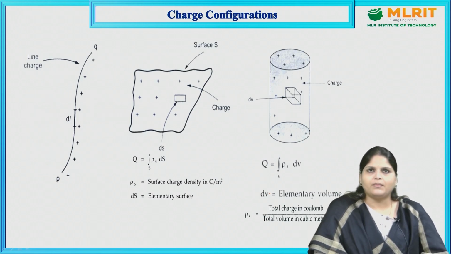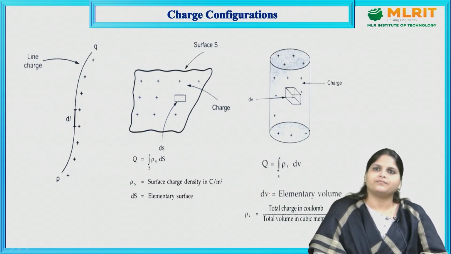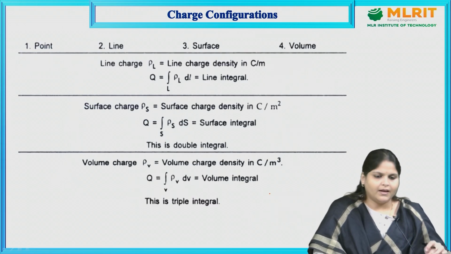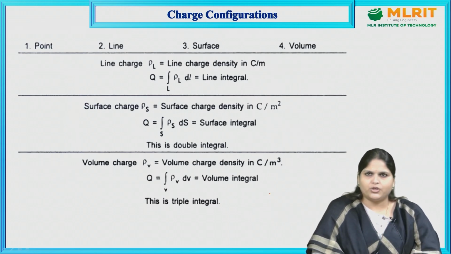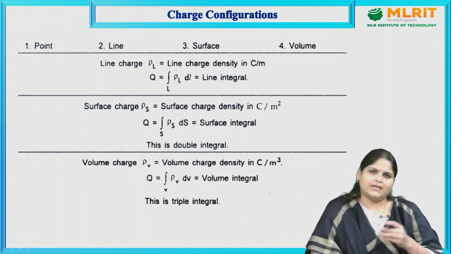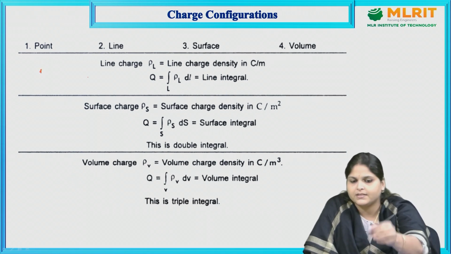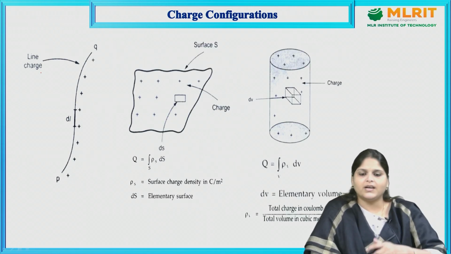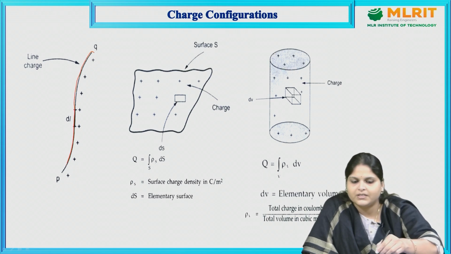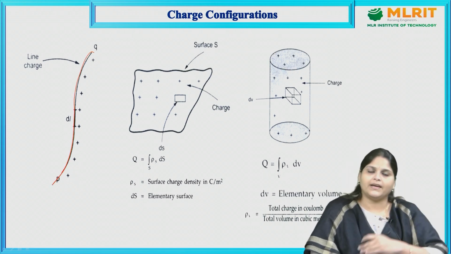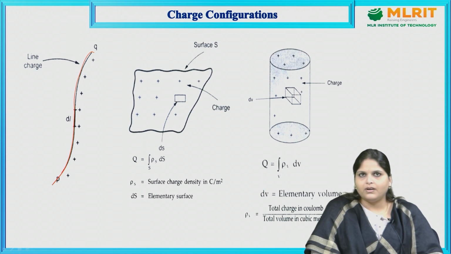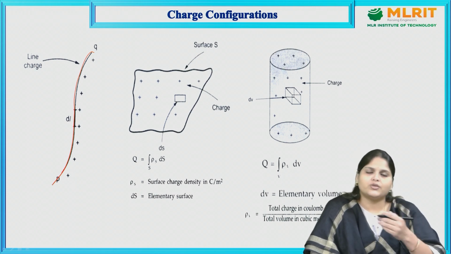Next we'll discuss the charge distribution, right? So basically we have 4 types of charge configurations: point charge, line charge, surface charge and volume charge. Point charge, if its dimensions tend to 0, it becomes a point charge like this. If you talk about line charge, this is line charge. If charges are distributed on a line uniformly, that is called line charge, and this kind of distribution is called